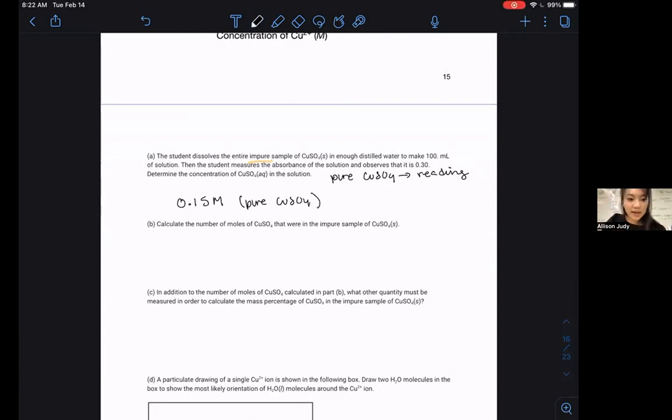And so what we need to recognize is that in a 0.15 moles per liter molarity sample, we had 100 milliliters of solution. So we're going to convert 100 milliliters to liters, and that becomes 0.100 in order to keep sig figs, times 0.100 liters to give us moles. And we would get that our moles of CuSO4 is equal to